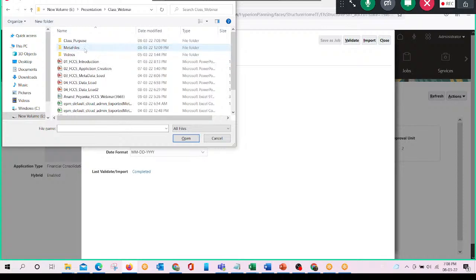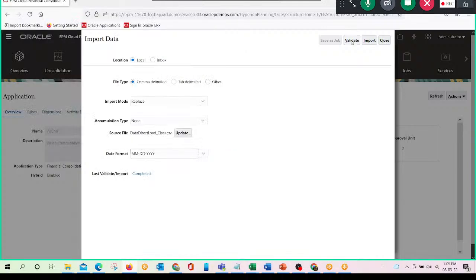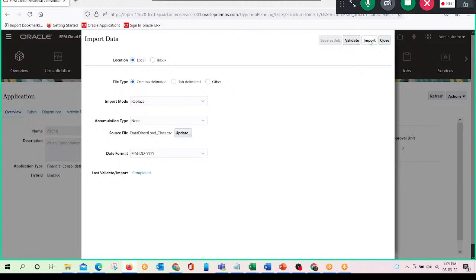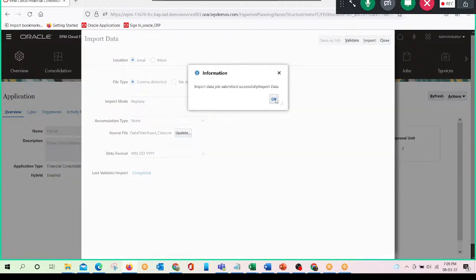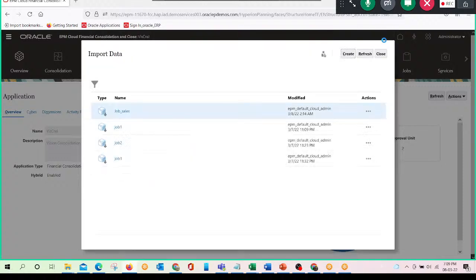the source where the file is located, class purpose. So this is our file. We will just select it and validate it. Import data job successful. Just click on import. It has given us a message that import data was submitted successfully, and we will click OK, and we'll